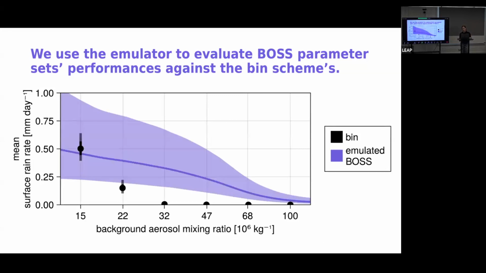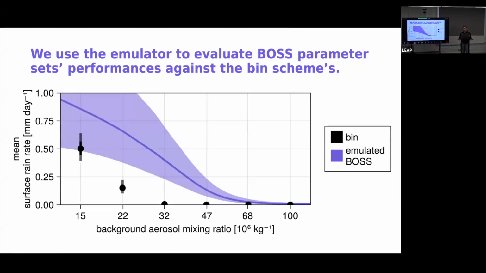First, I can show you what a single output of our neural network ensemble looks like, so we can predict continuously across aerosol mixing ratios. This solid line is showing the mean of our ensemble, and the shading is showing 1 standard deviation. These are all parameter combinations coming from our prior guesses of what the parameters might look like. And we can see that they're all over the place. Maybe they have vaguely the right functional shape, but they're clearly not hitting all the points.